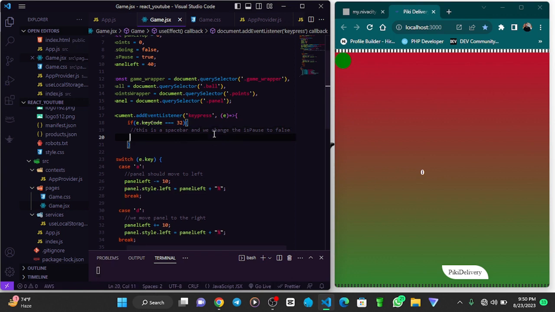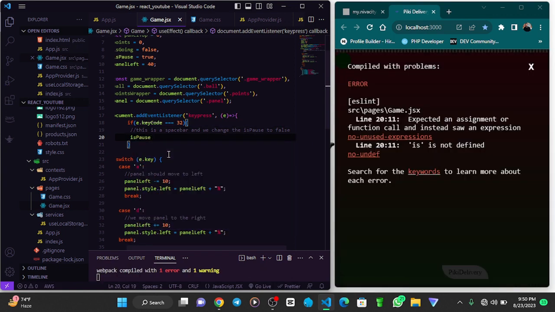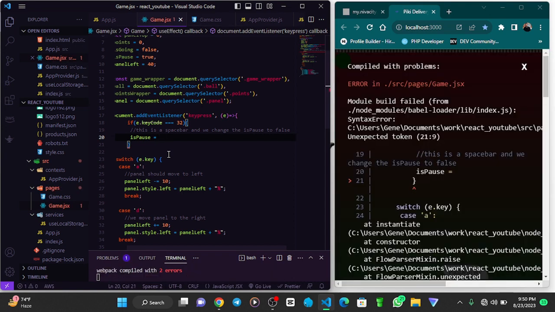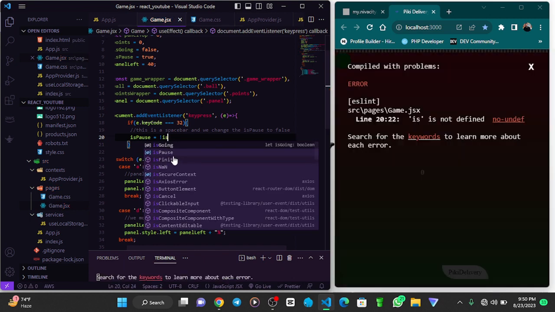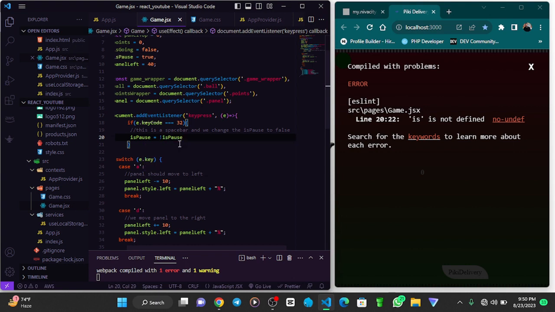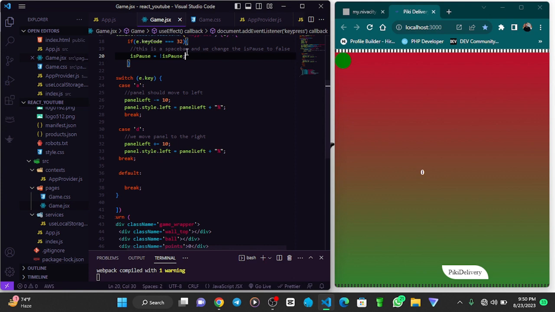Okay, then we have a variable named is pause equals not is pause, because the user can pause the game infinite times, so it can be changed: if it is true it can change to false, if it is false it will change to true. Okay, so right beneath the switch statement,